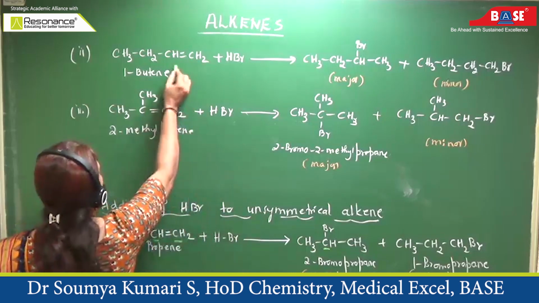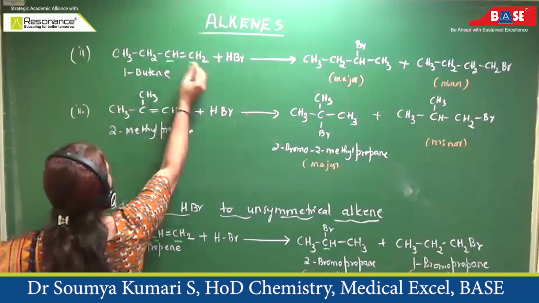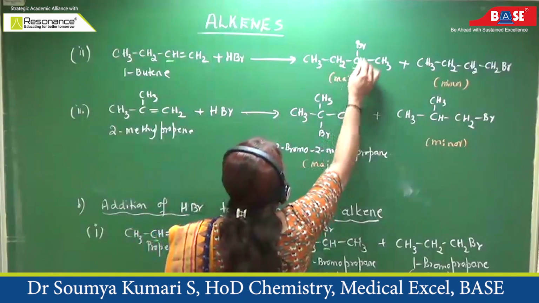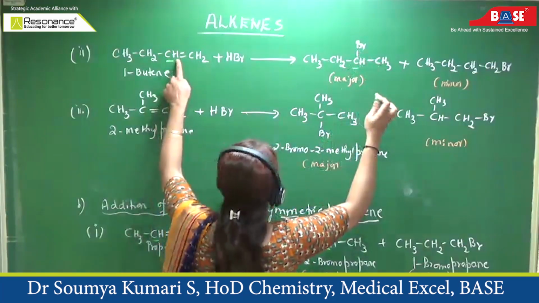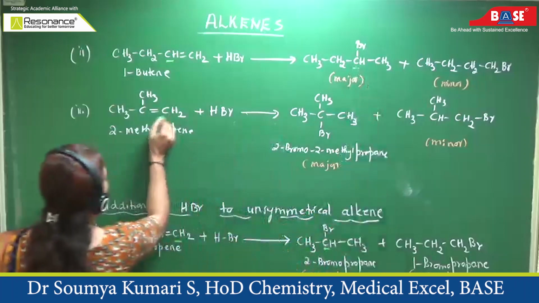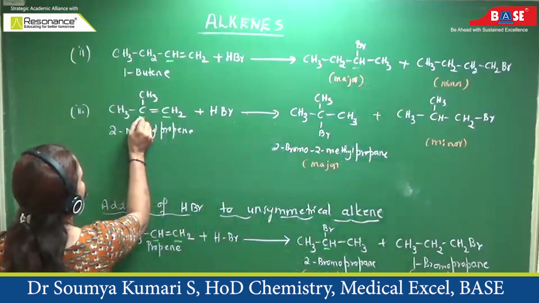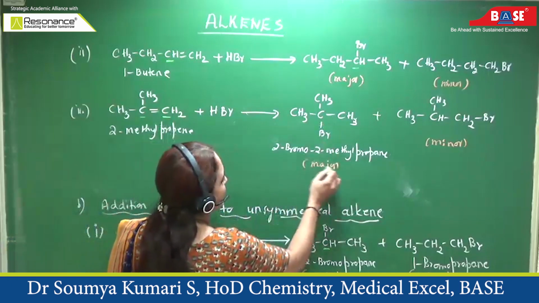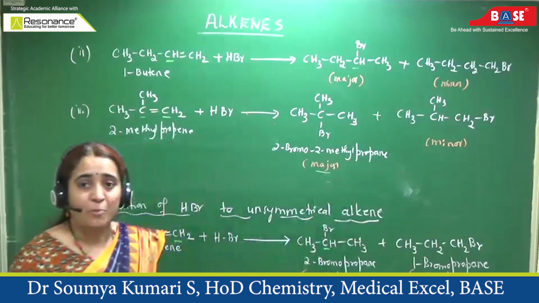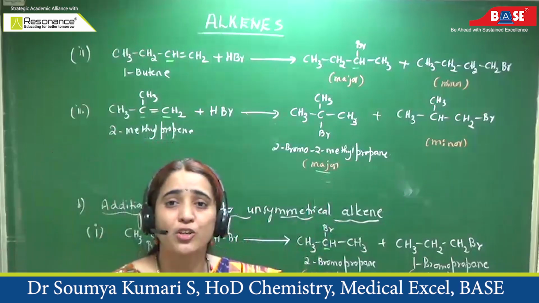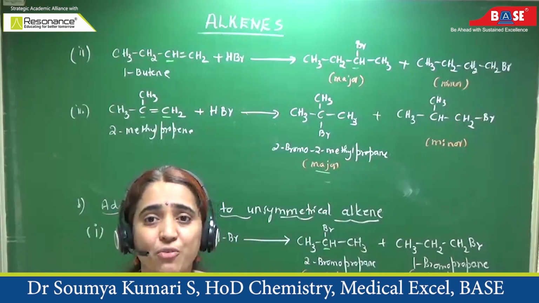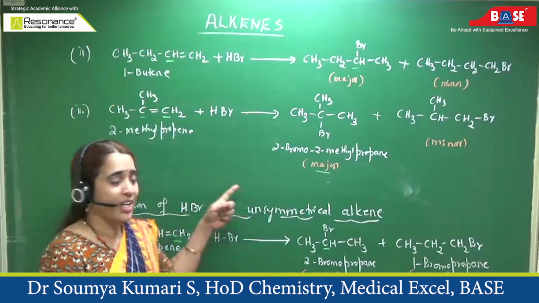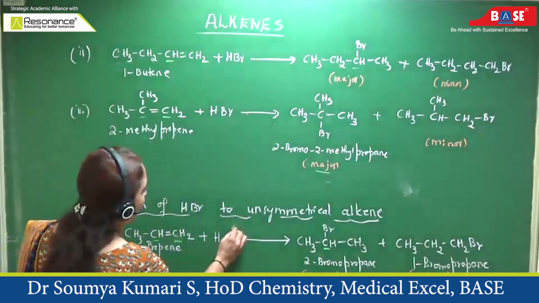Correct? Look at this alkene. Again, this carbon has one hydrogen. This carbon has two hydrogens. We have again the bromine attached to the carbon with one hydrogen appeared as major. Here this carbon has no hydrogen, this has two hydrogens. The carbon attached with the bromine appeared as a major product. So upon observation, Markovnikov stated that during the addition of hydrogen halides, the major product is the one in which the negative part of the addendum